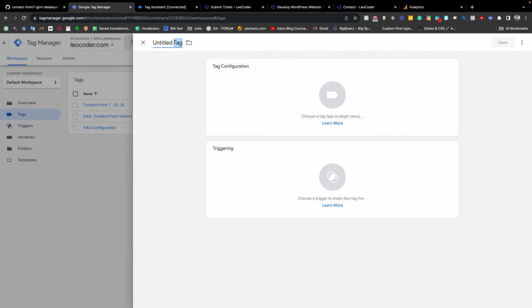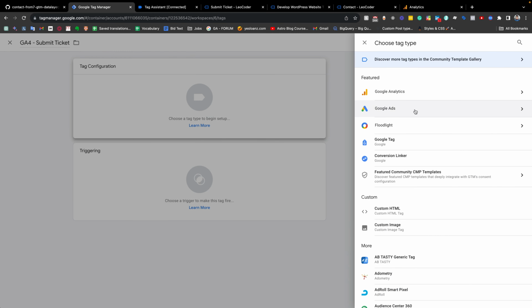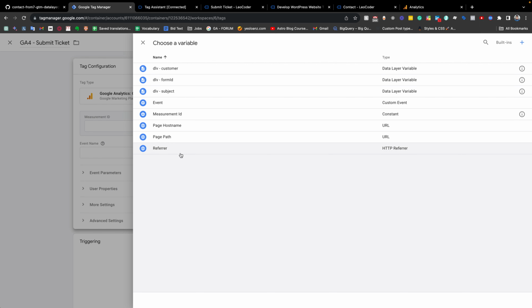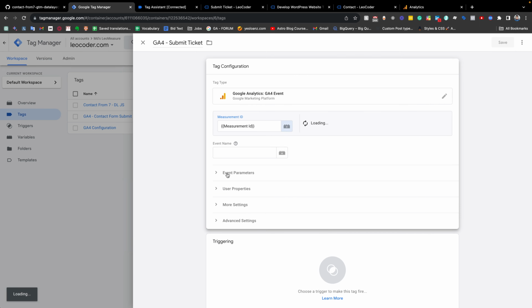I am clicking new and then GA4 submit ticket, and then of course we need to choose the GA4 event, and in this case we also need to use the measurement ID, and the event parameter if you need, and of course we need to use the right event name which will show in our Google Analytics dashboard. This is ticket submit,